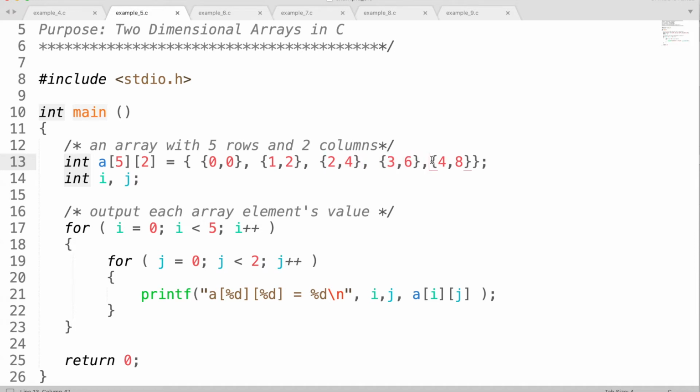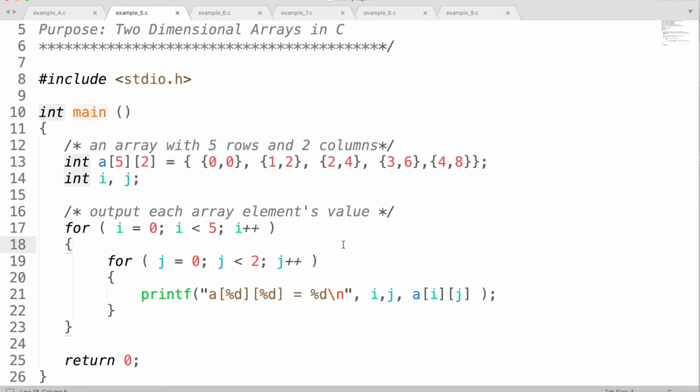This is my fifth row, 2 values. So that is how I have stored those values at the declaration. So this statement allows us to declare and initialize our array with the values that we want. So we can provide values by separating values for each row in our 2D array.